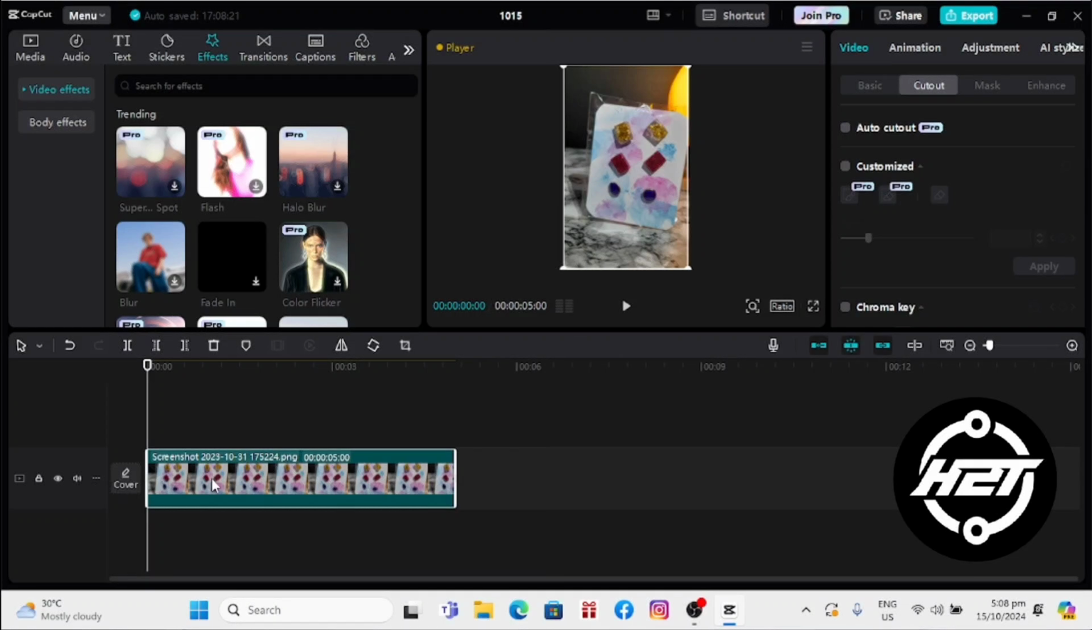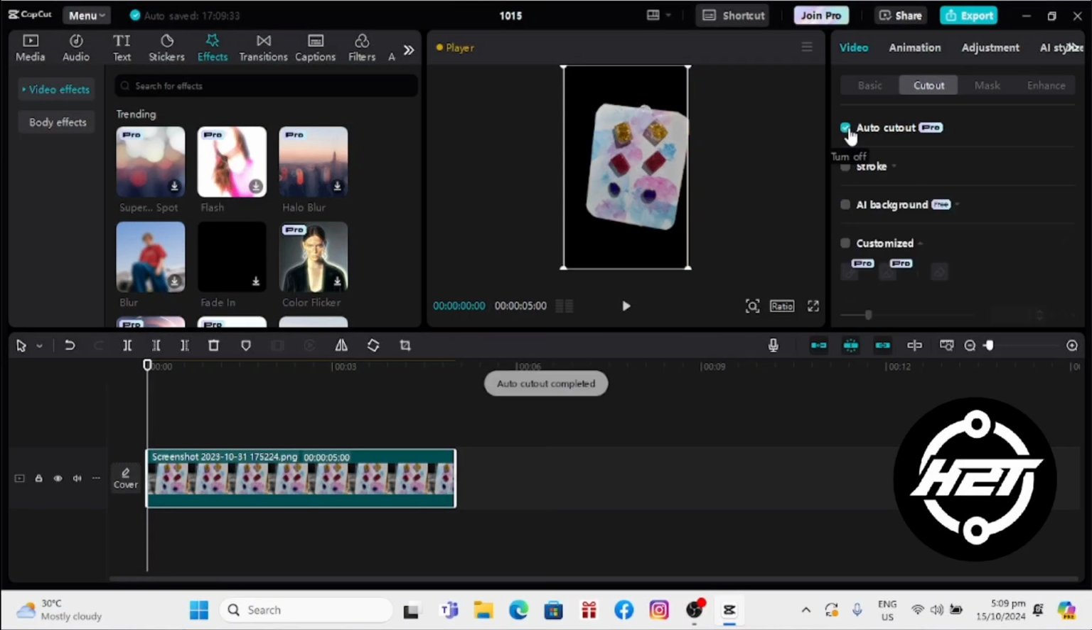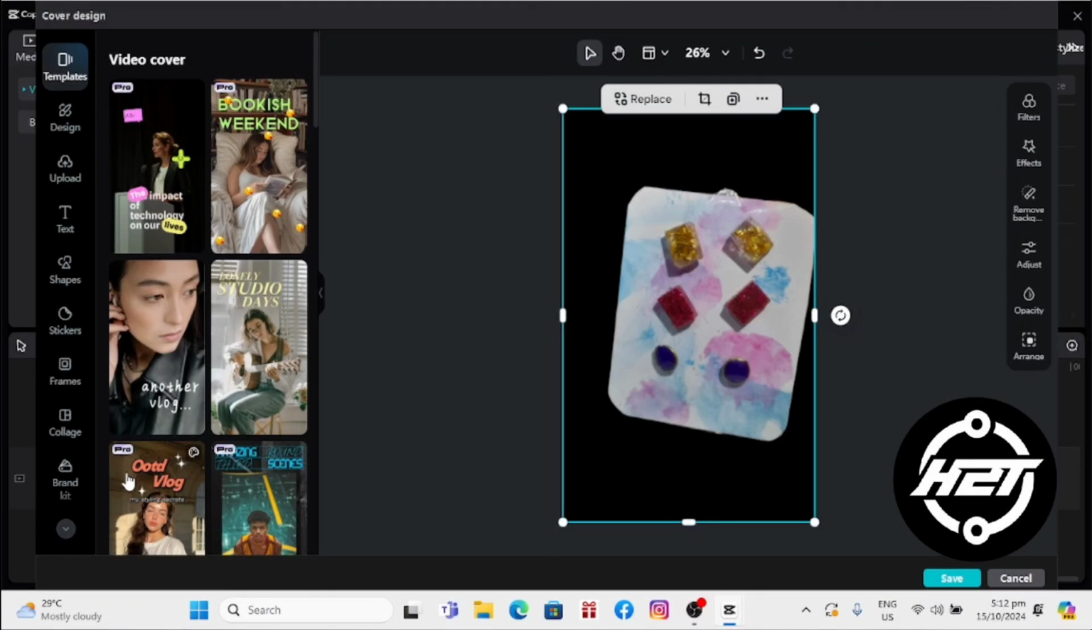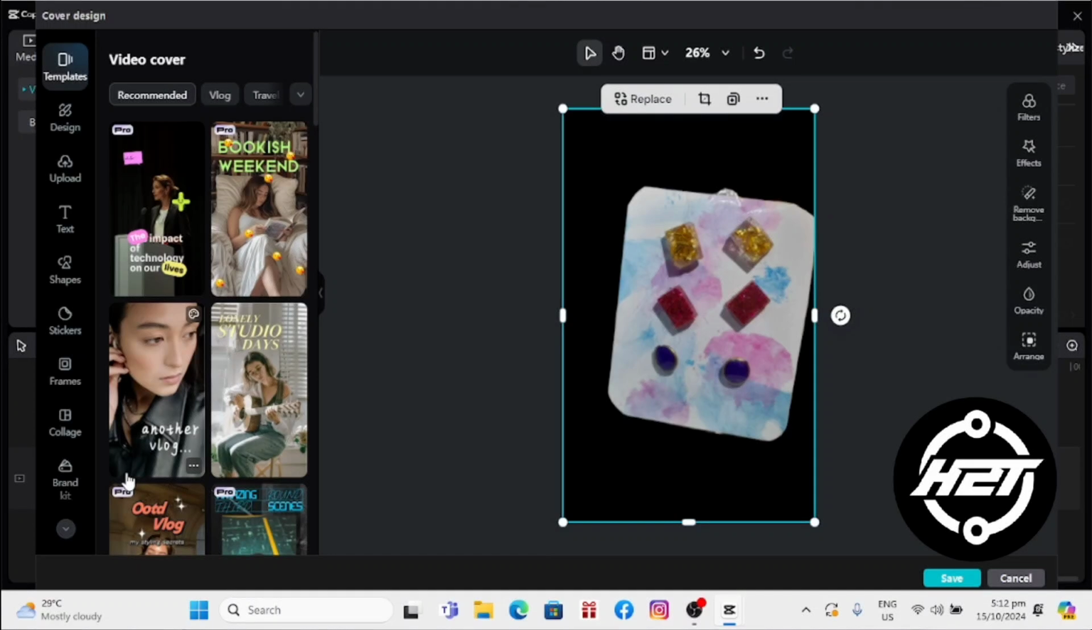After you've adjusted the background removal settings and are satisfied with the result, proceed to save your edited video. You can add cover. CapCut offers a convenient feature to add covers to your videos, allowing you to choose a specific frame to represent